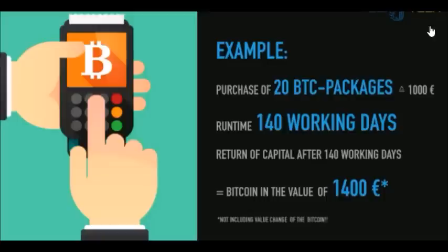So for those people that started in this program, we're going to use my daughter's account for an example. She started with about 1,000 US dollars and got 22 packages on day one. Okay? On day one, she got about 22 packages. It's easy to calculate. So the return will be calculated today. It's not the end of the 140 correct